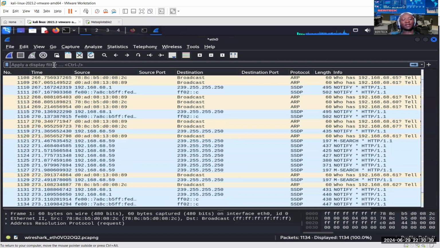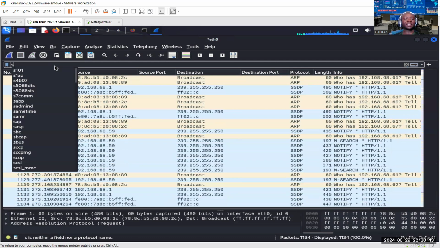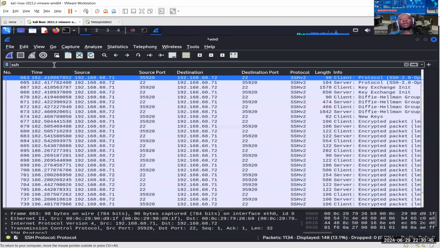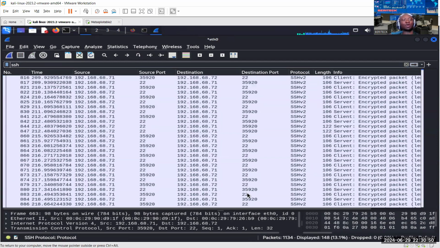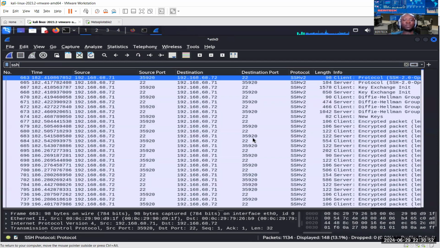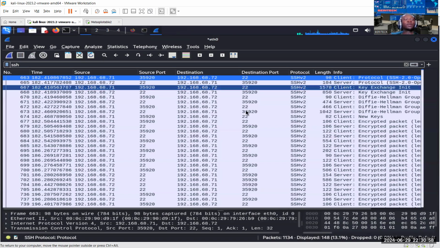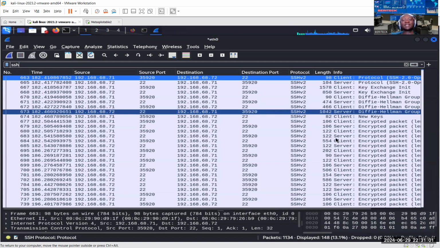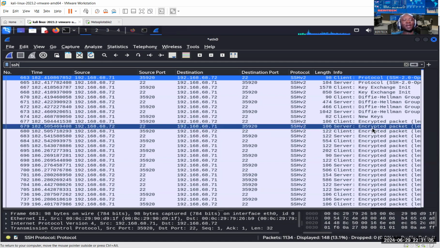Let's start with Telnet, or let me start with SSH. I'll just do a filter here on SSH, just like that. All I'm interested in is seeing packets that were related to my SSH communication. And by the way, SSH runs on port 22, as you can see here, destination port 22. Okay. So what I want to do now is I want to see